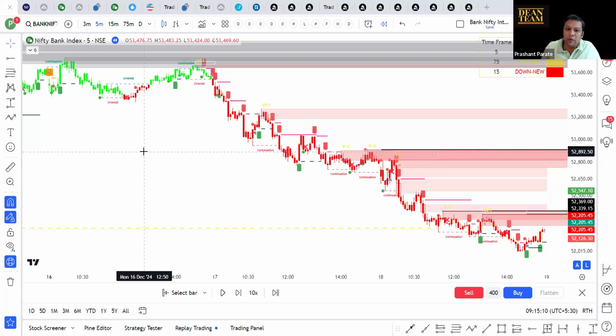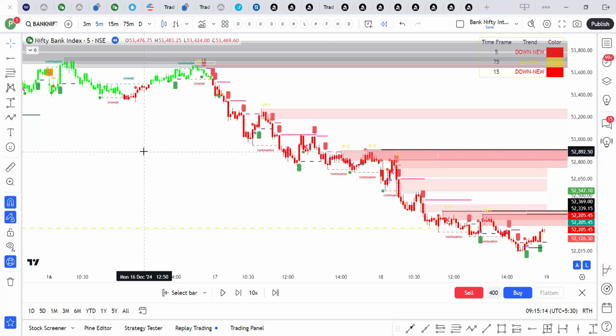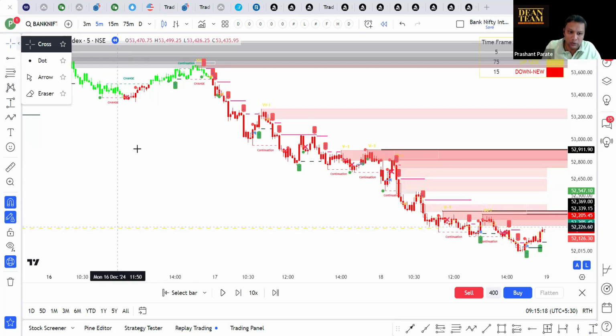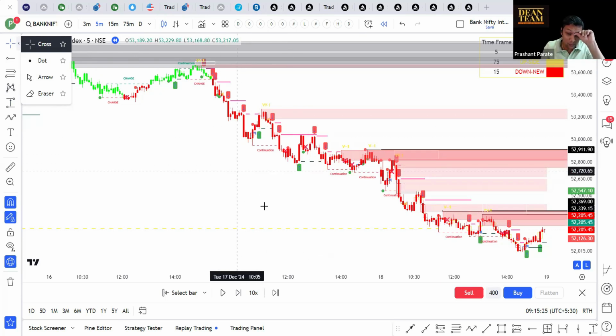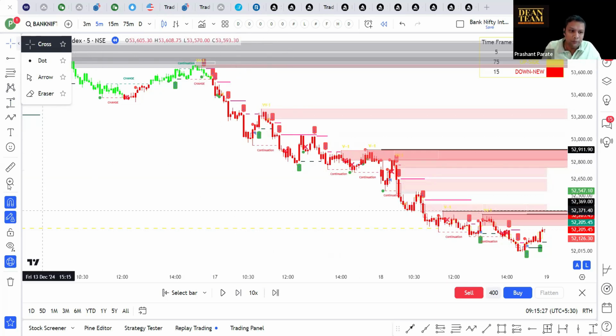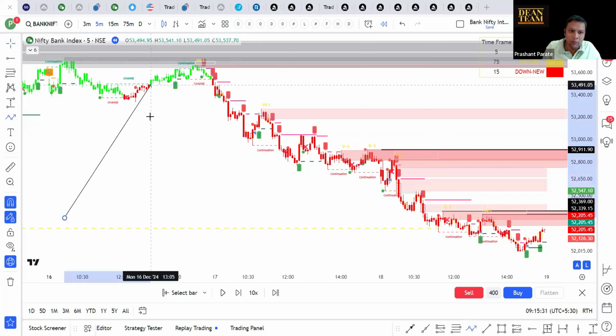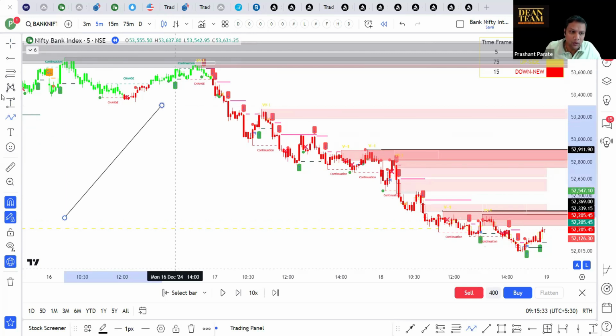If 75-minute is up and the 75-minute buying area is nearby. Suppose the 75-minute trend is strongly up. There is strong buying force. Prices are moving higher, and we are near the buying area. Then what is likely is that prices may not fall. But suppose prices have gone up like this on the 75-minute chart,